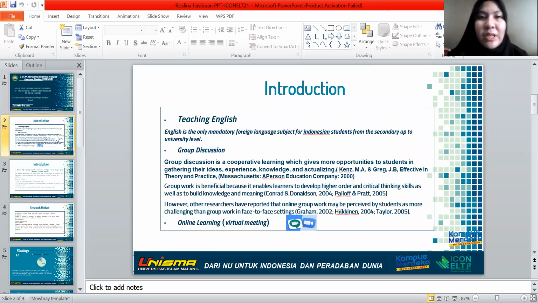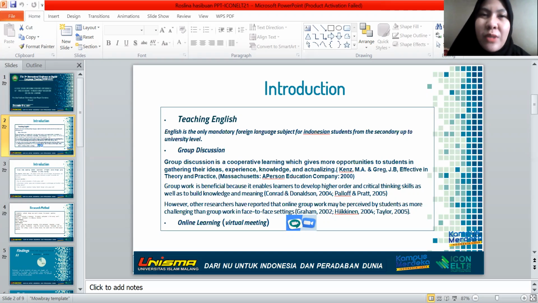There are three outlines here. The first one is about teaching English, group discussions, and online learning. First is teaching English. As we know, English is a crucial language because English is a universal language that people use as a communication tool between people from different countries in the world. Therefore, it is necessary to learn English.